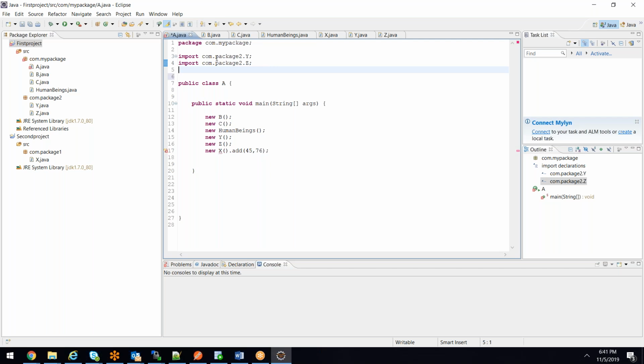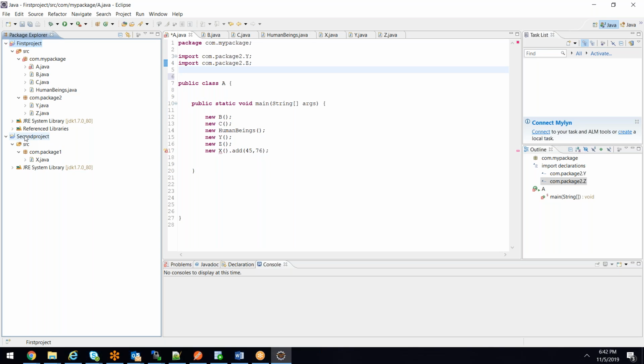Yes. Because I told her this project is created in my laptop and this project is created in Divya's laptop. This is what I told in the morning class, correct? So obviously, this particular project does not know what classes are written in this other project. These two are two different projects, correct? Yes. So then what should I do?